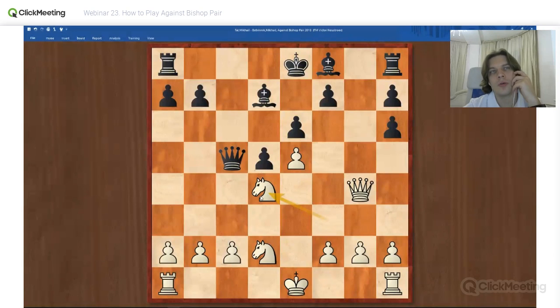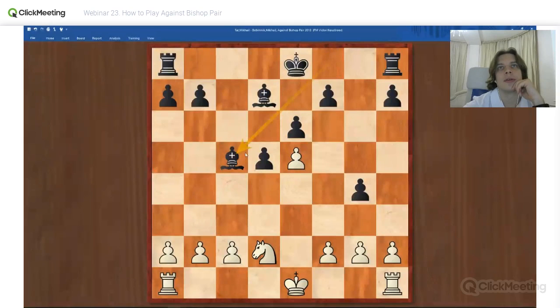Okay, as for castle long, I think it's too early. But knight d4 doesn't work because of h5. The queen has to be on the 4th rank to be able to protect the knight. And if, for example, knight b3, knight b3 is a bad idea because white loses his knight for the queen.